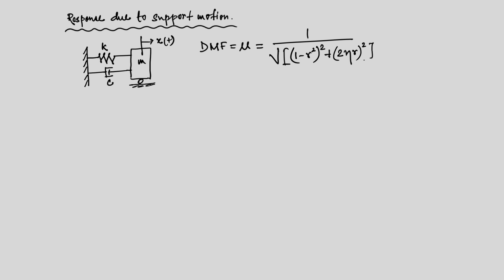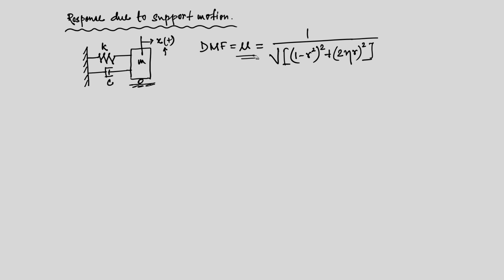What does it mean? If this displacement is due to a forcing function which is sinusoidal, then for that we can find out the amplitude of that sinusoidal force, and from that we can find out the static deformation. And then if we multiply that static deformation by this non-dimensional number, we get the dynamic response.